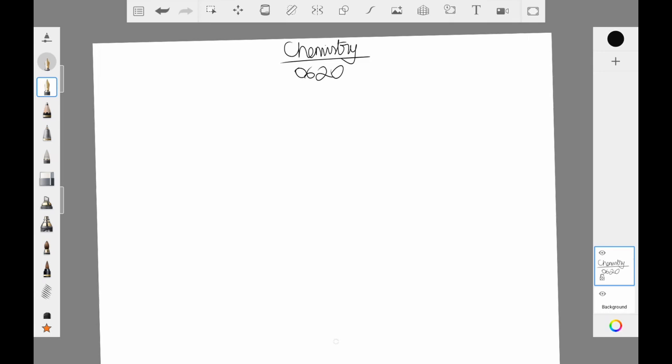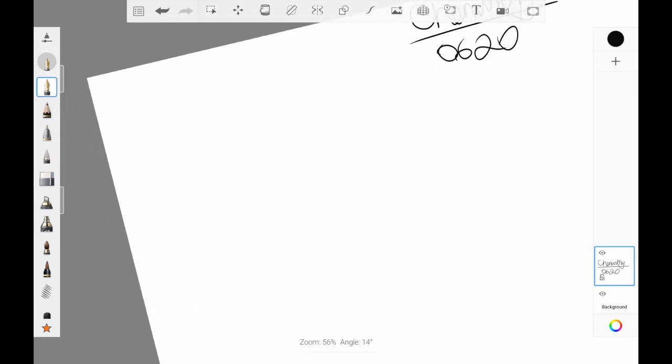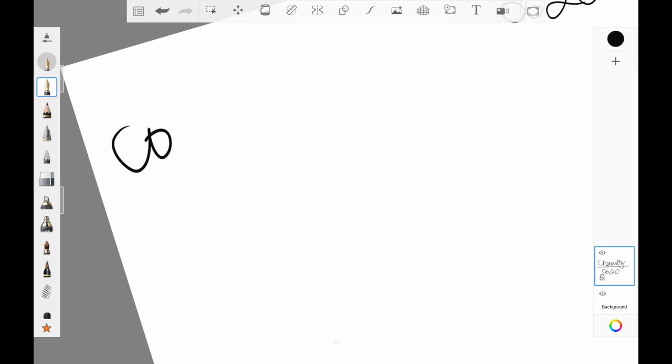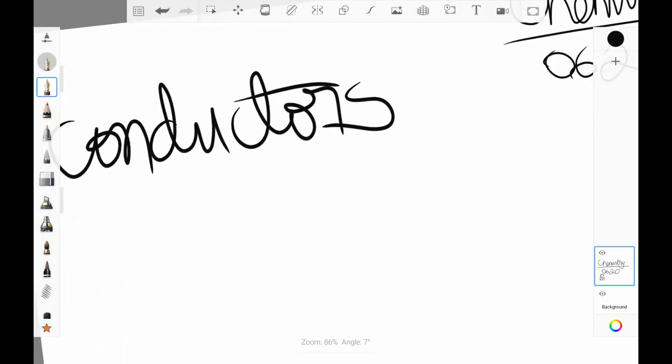Today we'll be looking at electricity and electrochemistry, which is unit 4 according to the IGCSE syllabus, and I'm also going to be following the order presented in the IGCSE syllabus, except for the first few minutes of this video, where we'll be discussing some basics about electricity, conductors and